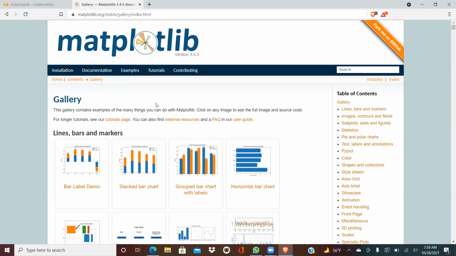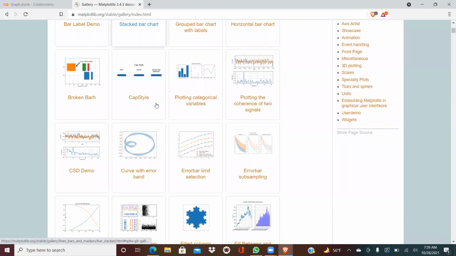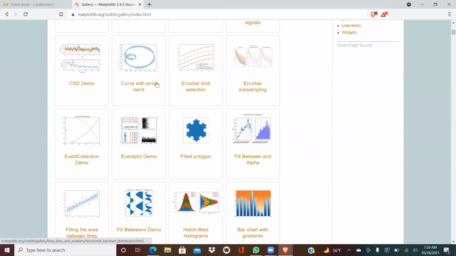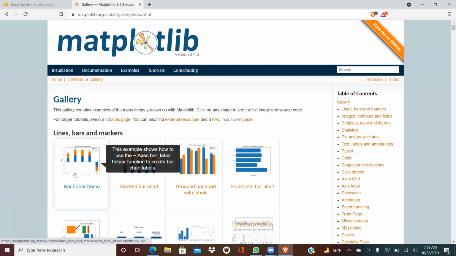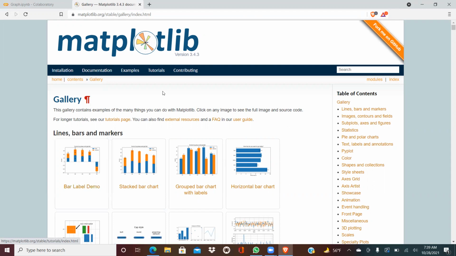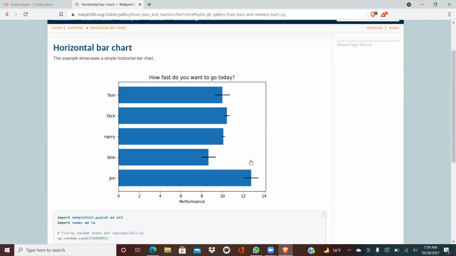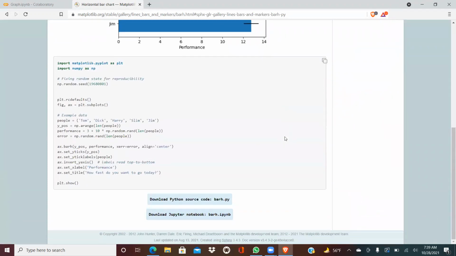Yesterday I explained the horizontal bar example to you. You can see it here, and you can click on horizontal bar first, so you will get the code as well. The fourth one, horizontal bar. We did this one yesterday, right? You get the code in the below section as well. We made some changes here. We changed the name to the candidate name in the class, and we made some further changes. Like that, you need to understand this.